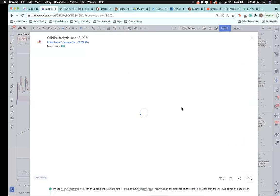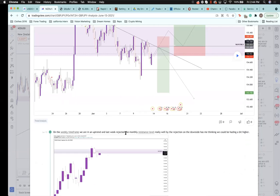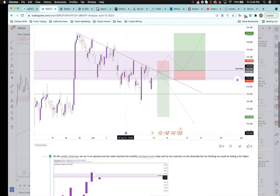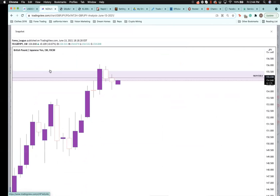Last, we're going to go over GJ. I didn't take any trades on this one personally last week. This was not my most high probability idea, but regardless, it was definitely an opportunity. So on the monthly, just looking at it now, this thing is bullish, but we were at a resistance level, the 155.500 area. And look how price was spiking down into support, 154